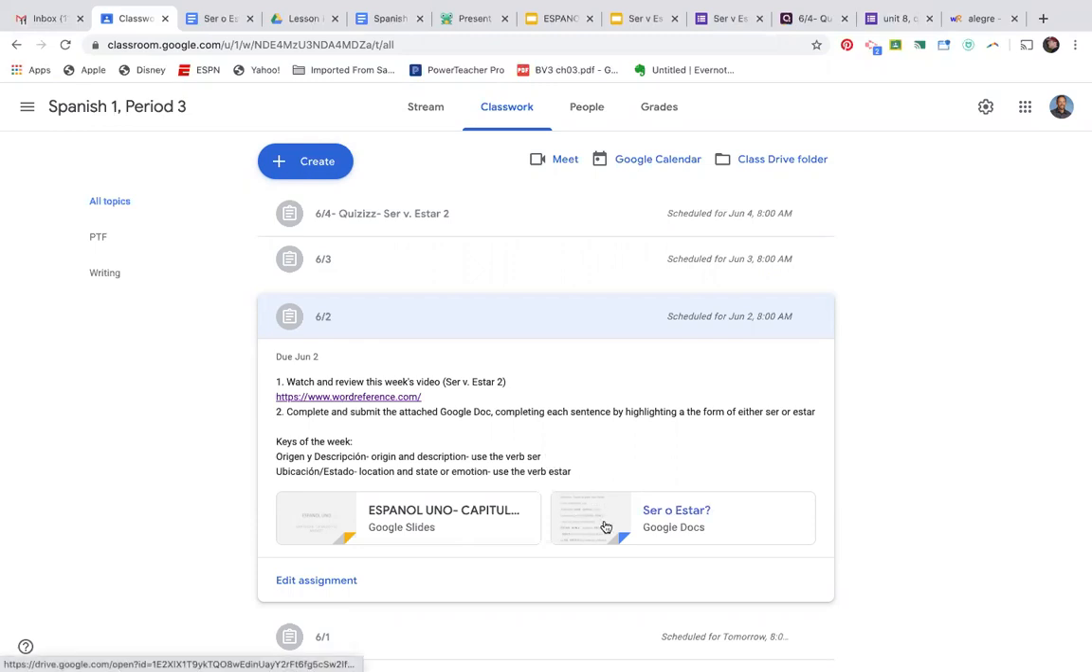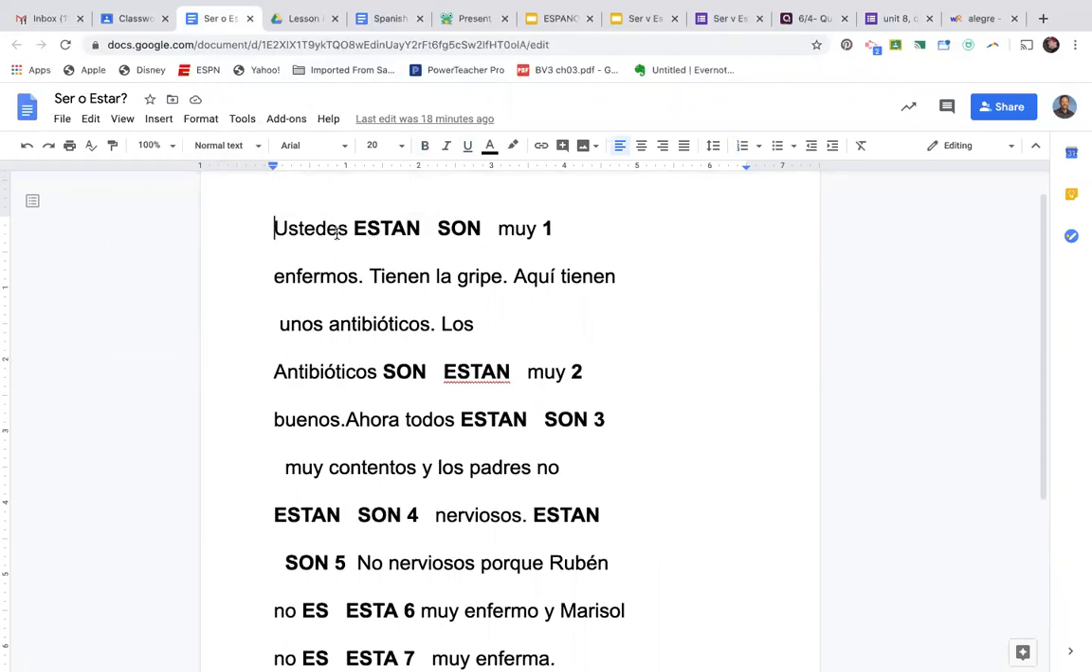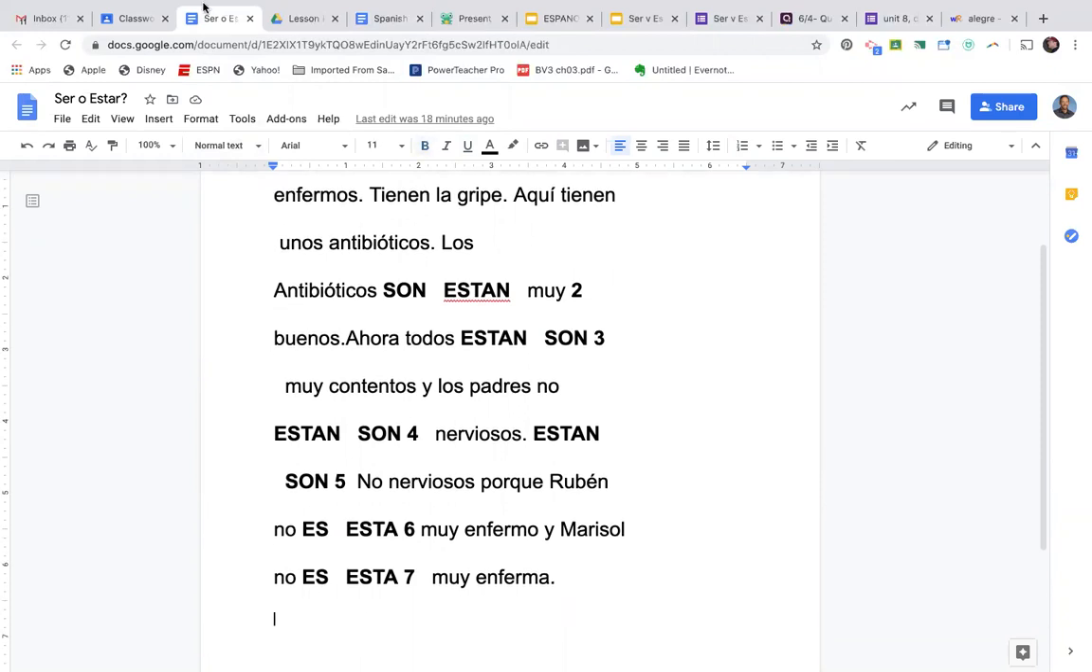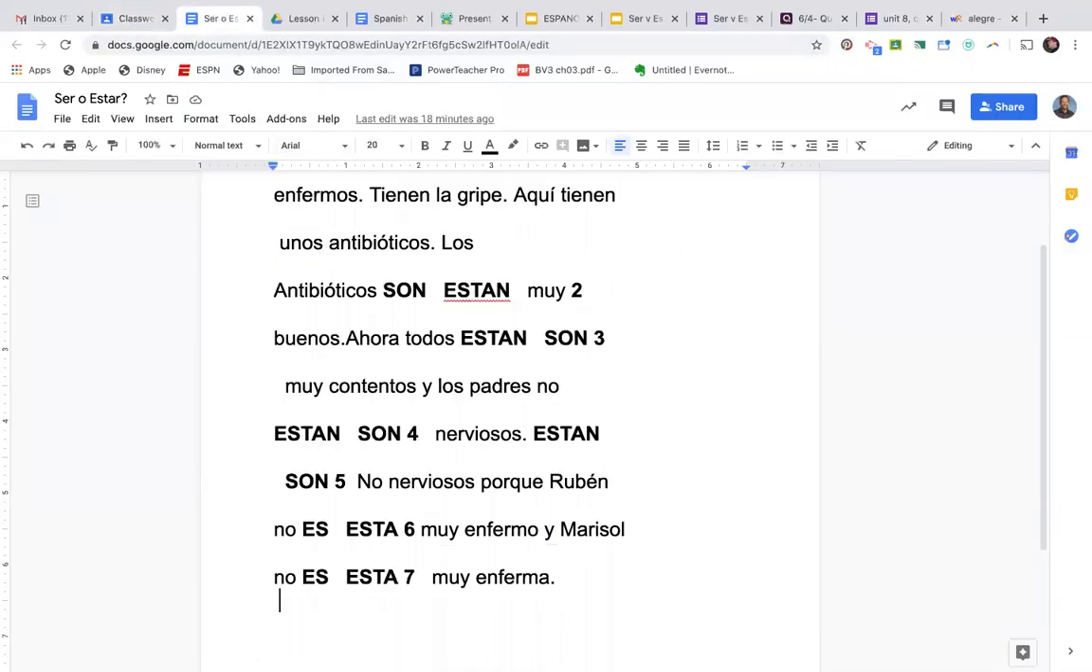Now, then you would go on to this document and do exactly what I just worked on. In other words, you're going to read through these sentences and highlight either the correct form of the verb ser or estar. I put this in there and I should have, but this is the key of the week. Origin and description, we use the verb ser, and location, state, or emotion, we use the verb estar. So if we go here and we do the first one,